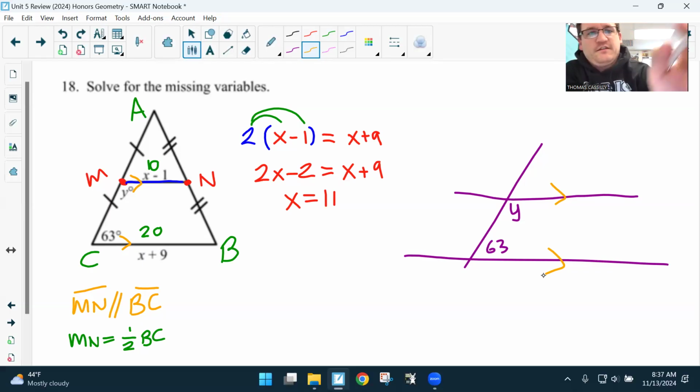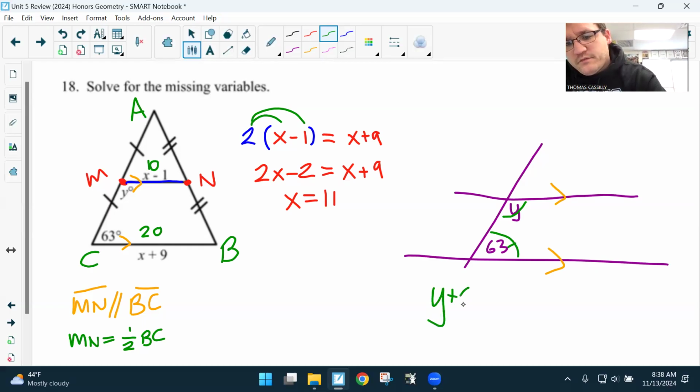So there are 5 things to think about with something like this. And we had to think about what this pair was. Just looking at those, one's acute, one is obtuse, so they can't be congruent. If they weren't congruent, we said that they were supplementary. So we can say y plus 63 equals 180. Just subtract the 63 from both sides, and we're going to get y equals